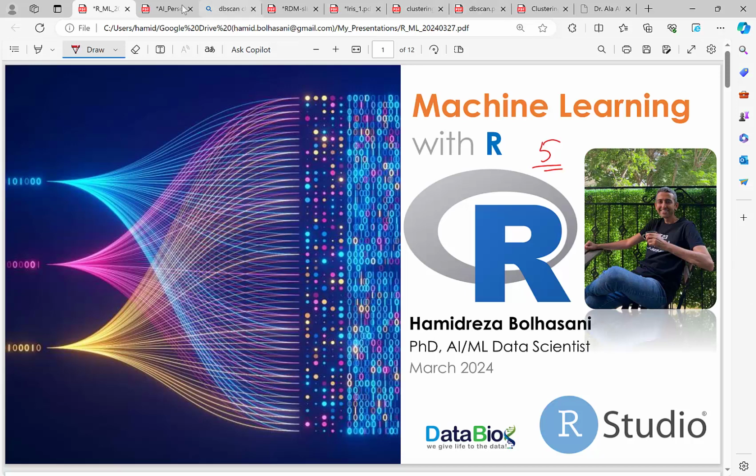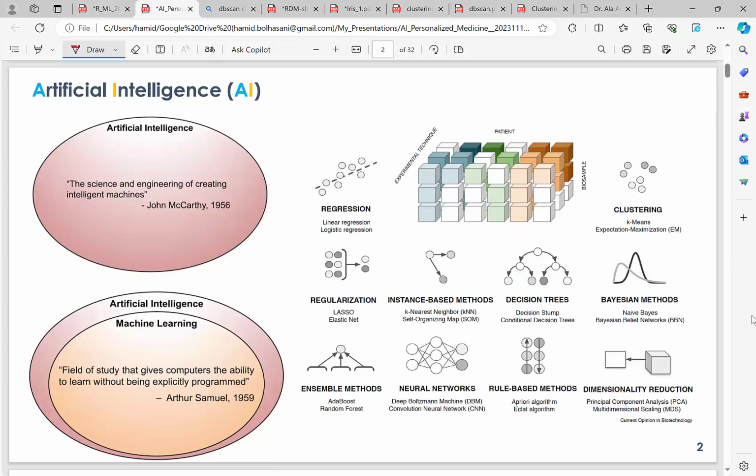So you remember in the previous episodes, from the first episode we started from regression, then went to clustering and had lots of discussion on clustering. Remember, we covered k-means and two algorithms, PAM (partition around medoids) and also PAM-K, and we already discussed k-means and k-medoids. In this episode we want to discuss and cover another type of clustering algorithm, which is DBSCAN. So the concept and the lesson of this episode is